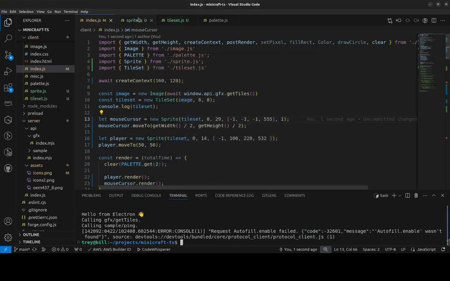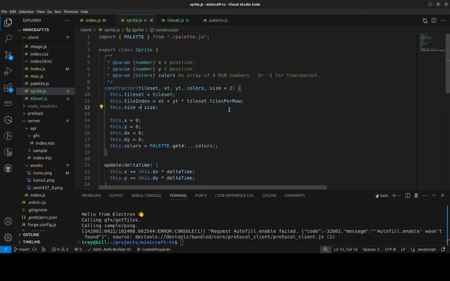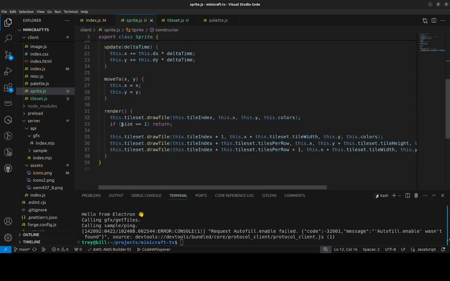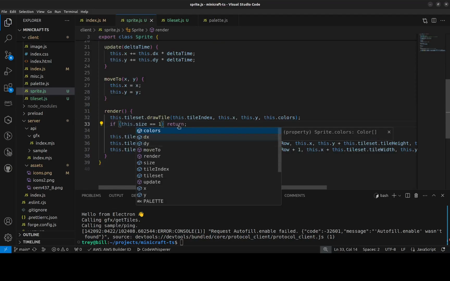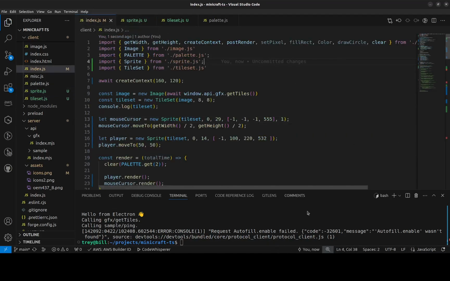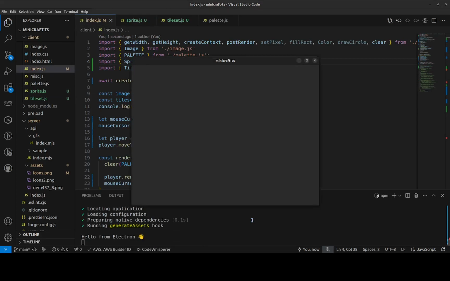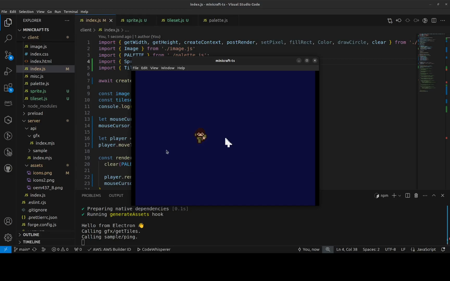Size is not defined. Oh, come on. This dot size. It's like I'm programming in C#. Keep forgetting my this dots. There you go. So we have a mouse cursor,